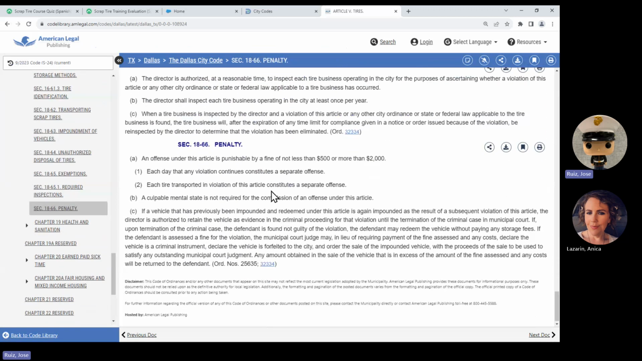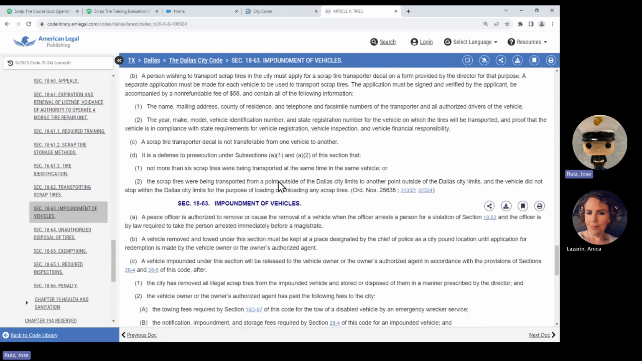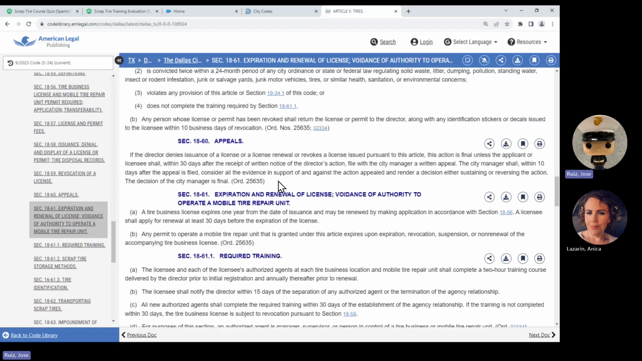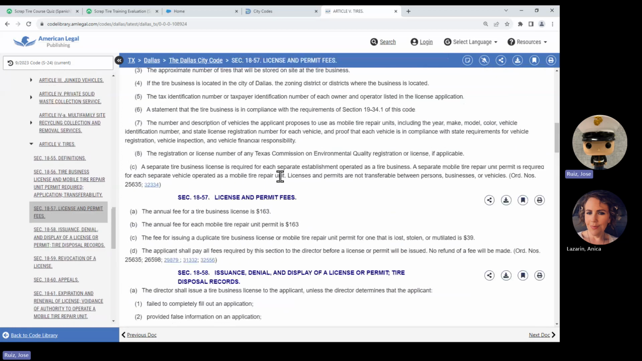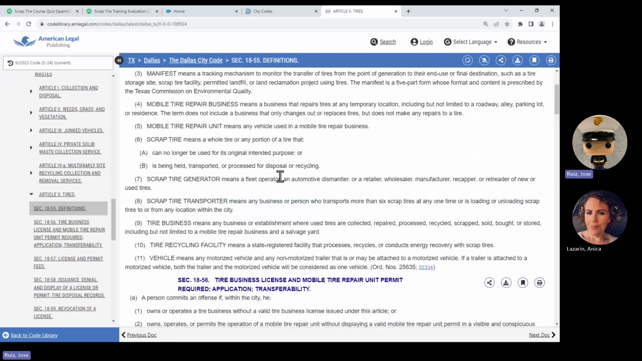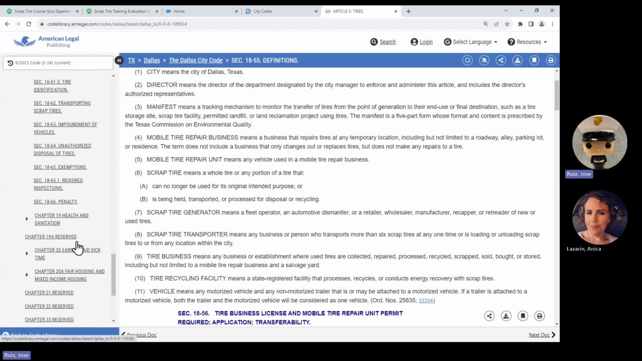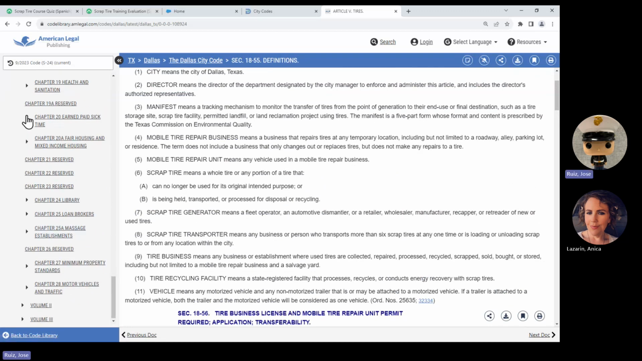So there it is, required inspections, penalties. Everything's on here on our website. Again, if you need to learn how to get to this again, just rewind the video and you'll be able to see where we're at in the Dallas City Code. Okay, the same thing works with chapter 19. You just click chapter 19,